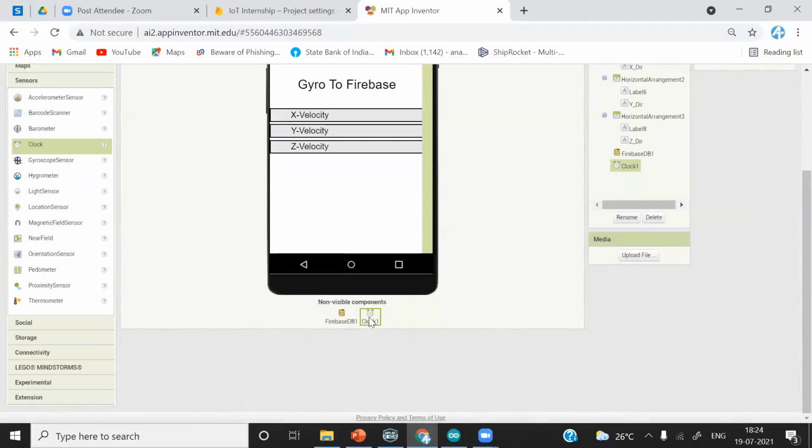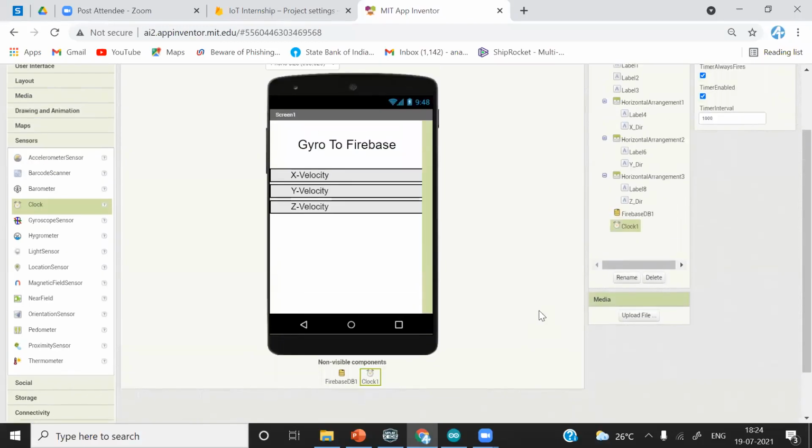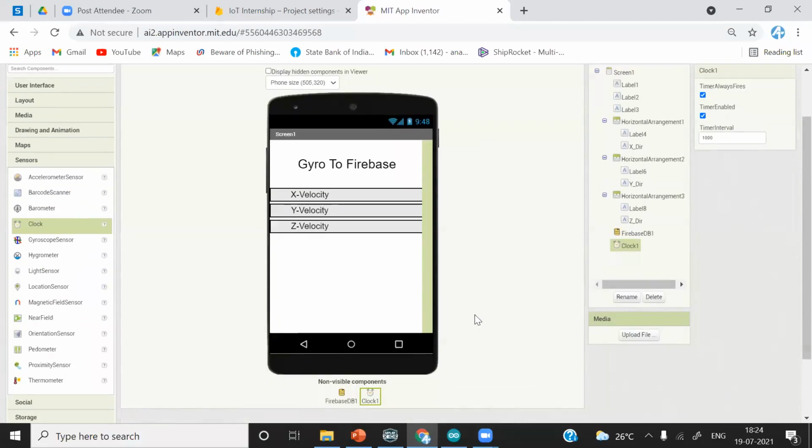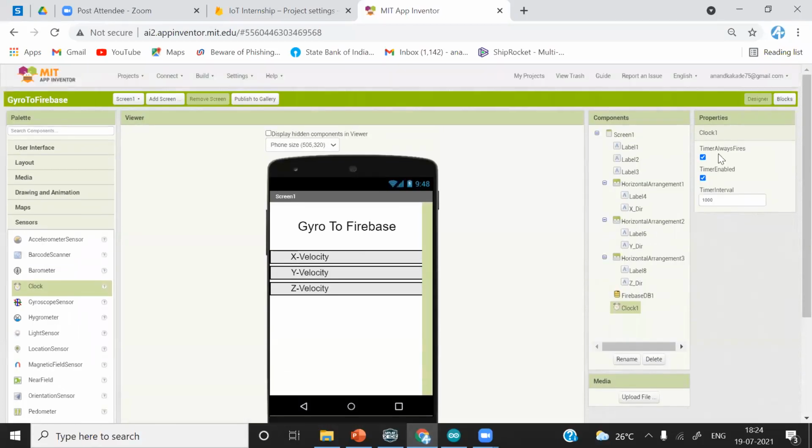To generate a delay of less than 1 second, you have to click on this clock icon. From there you can see the time interval as 1000. So 1000 means 1000 milliseconds. Whenever we call this clock counter function one time, it will generate a delay of 1 second.